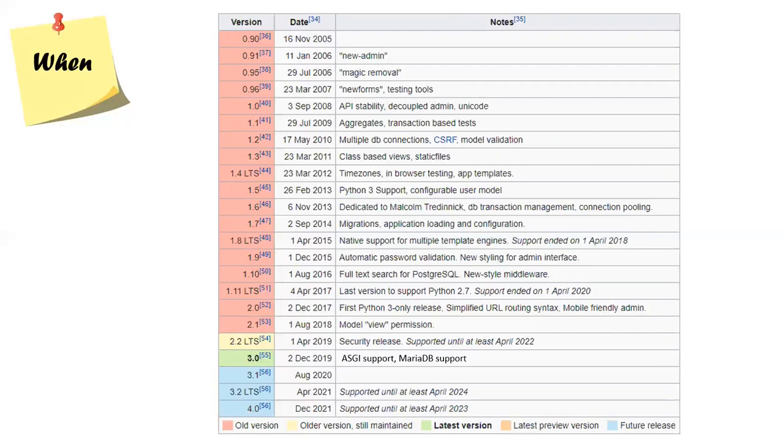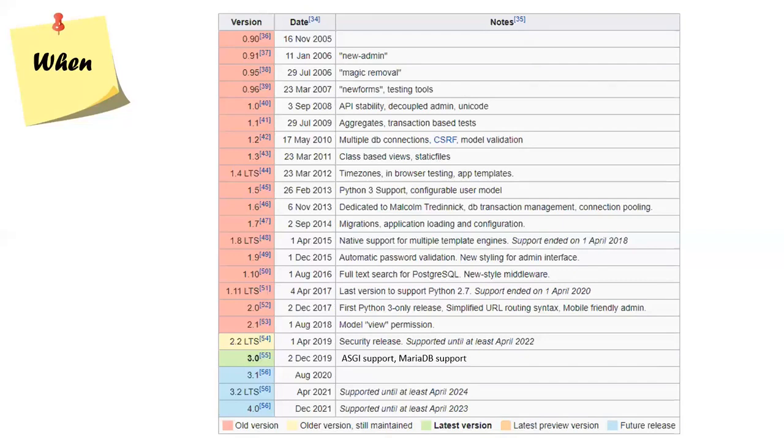In 2008 they released the 1.0 series with API stability, decoupled admin, Unicode, and 1.1 aggregate and transaction-based tests. 1.2 brought multiple DB connections, CSRF, and model validation; 1.3 class-based views and static files; 1.4 LTS time zones, in-browser testing, and app templates; 1.5 Python 3 support and a configurable user model; 1.6 dedicated to Malcolm Tredinnick, DB transaction management and connection pooling; 1.7 migrations, application loading and configuration; 1.8 LTS, native support for multiple template engines, support ended in 2018.